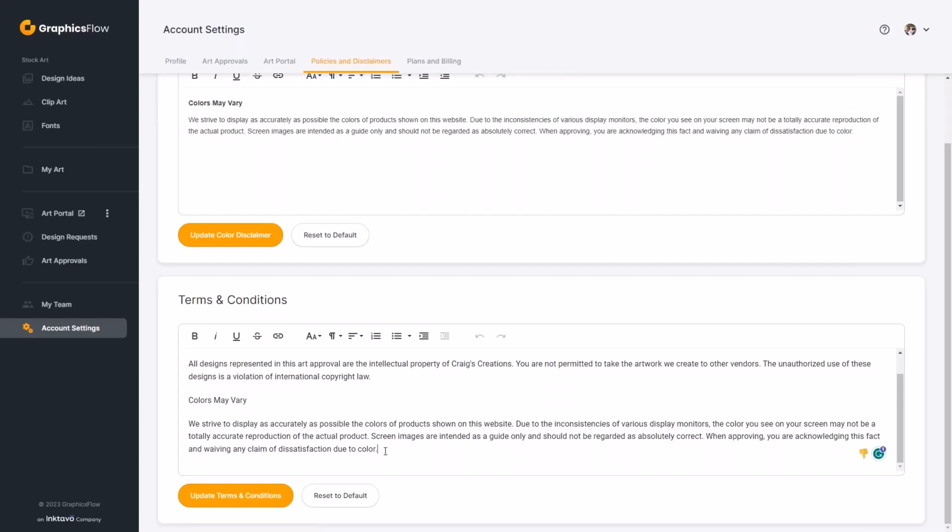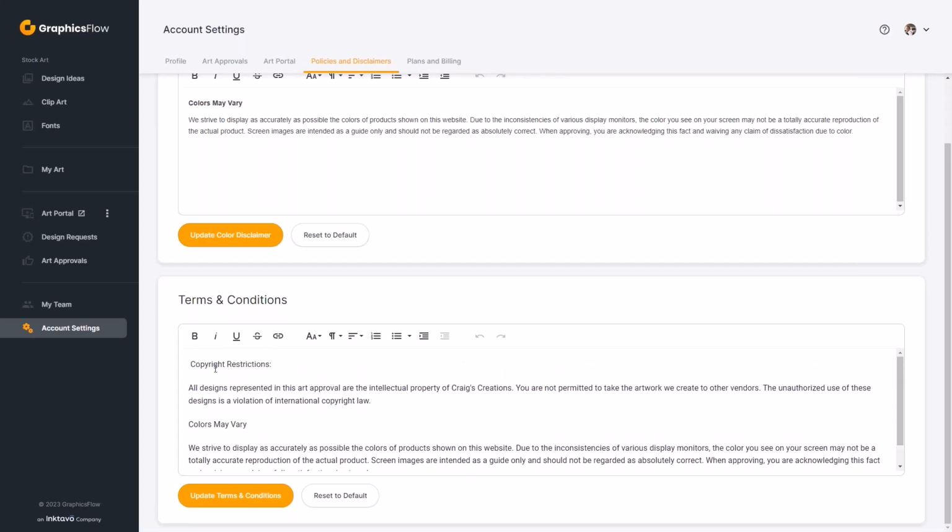And you don't have any control whether or not they have a monitor that's missing an RGB channel or their monitor isn't color corrected. You don't have any control over that. So kind of letting them know that screen colors are going to be different than the finished product, I think is really a wise thing. I've added into mine copyright restrictions. So I've got copy in there that